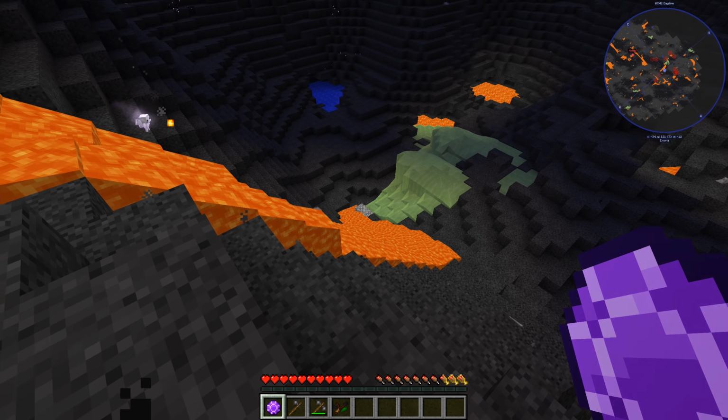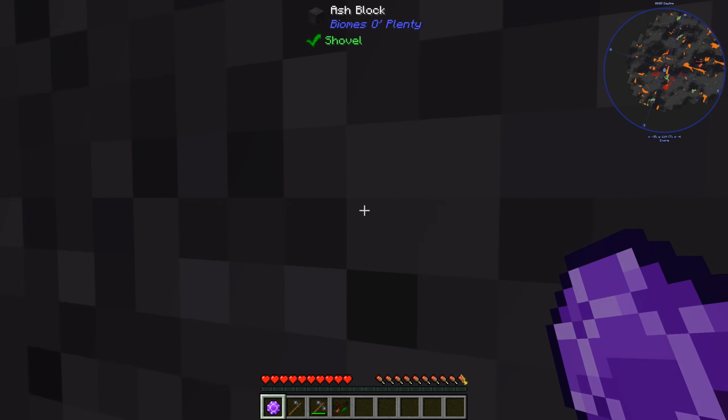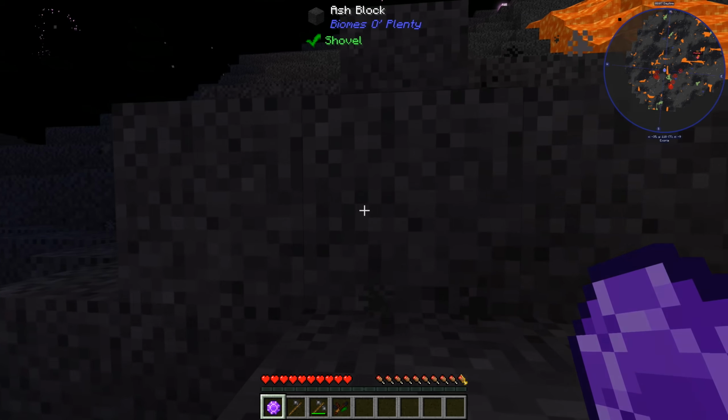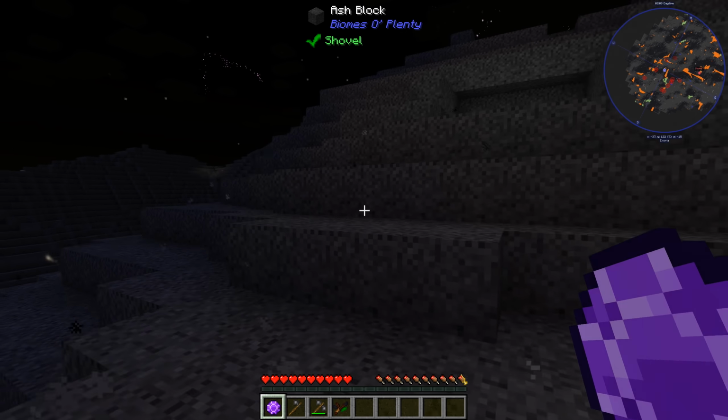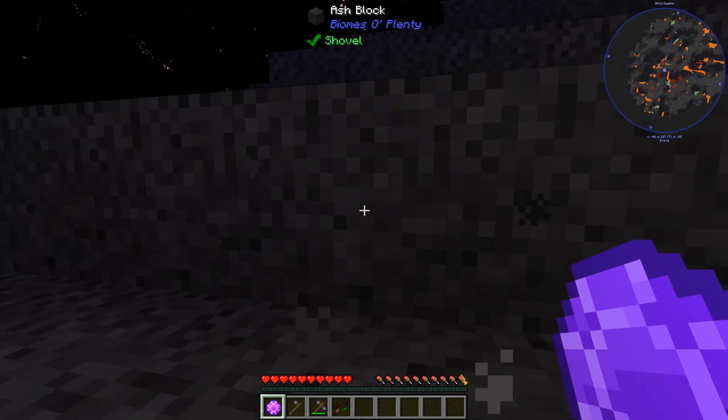Got it. So it is nighttime. I'm still not seeing any monsters on the mini-map or any around. So I guess we're okay to kind of cruise around and look for the things that we need to find. So we know that there's lava everywhere. We know that there's acid. And we know that both of those combined will, in fact...